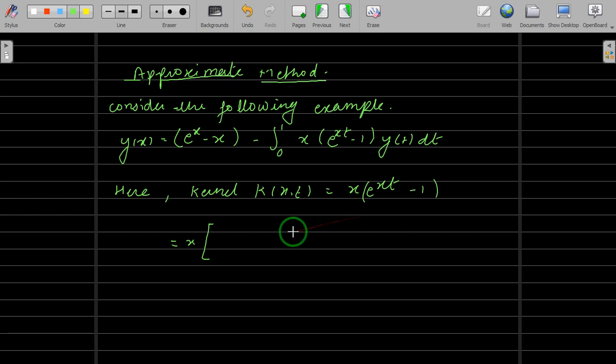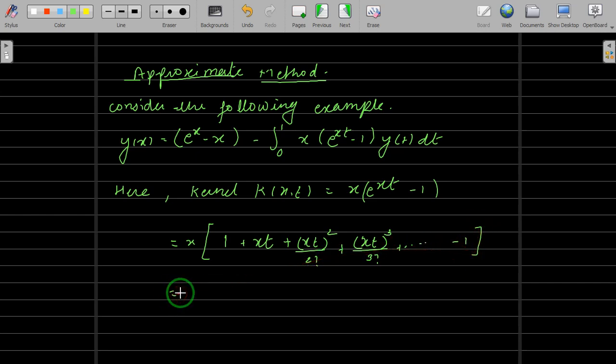It's okay. So e raised to x is the summation of x raised to n upon n factorial. Let me write the series for you. So this is 1 plus xt plus xt whole squared upon 2 factorial, that is, summation n from 0 to infinity of x raised to n upon n factorial is the power series for e raised to x. Plus one more term, xt cubed upon 3 factorial, and so on, and then the last term is minus 1 here.